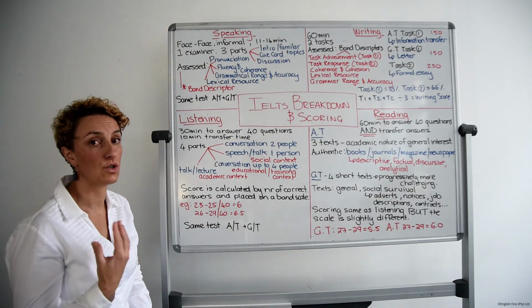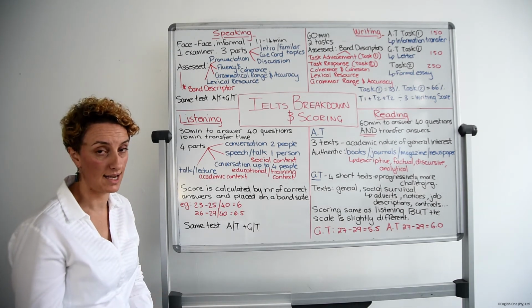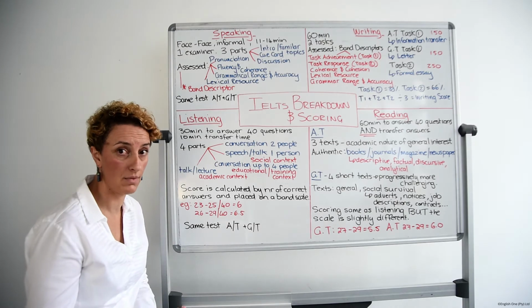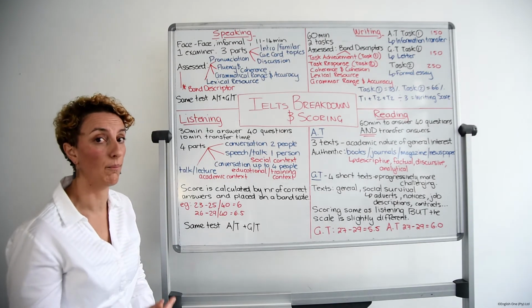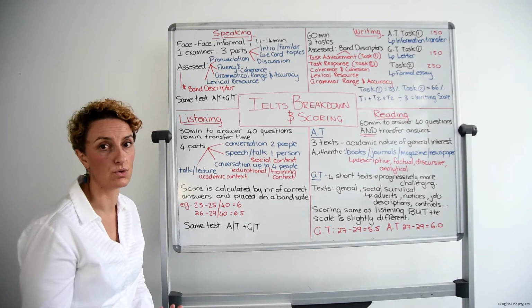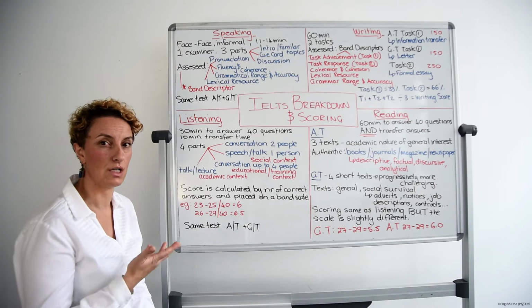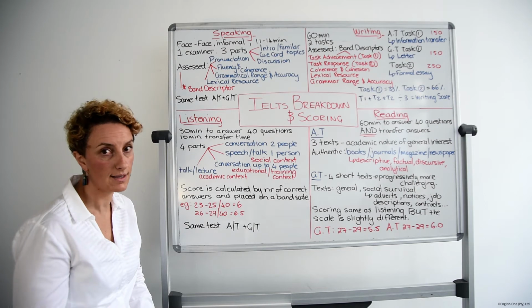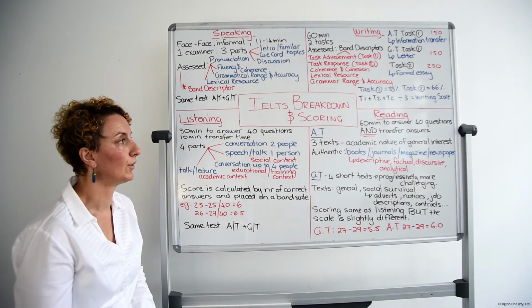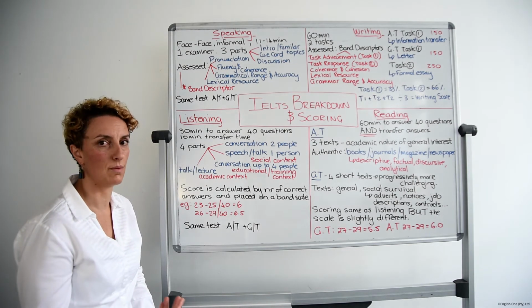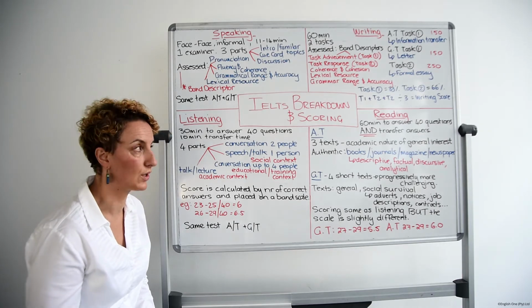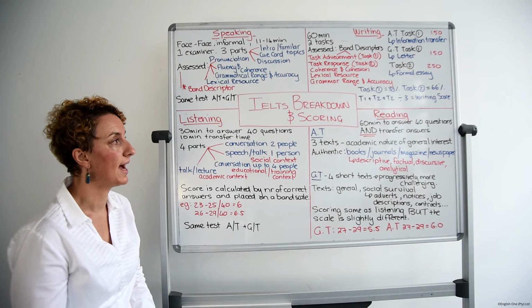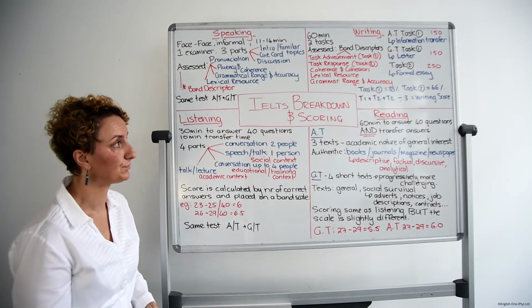Now, when you do the academic test, you are automatically drawn to want to spend more time on task 1 because it is quite complex. It is a report, there is data that you need to transfer, and it is a task that we're not really accustomed to doing, right? So it is an automatic thing that we tend to want to do, but we need to remember that task 2 is more important. How it is scored: